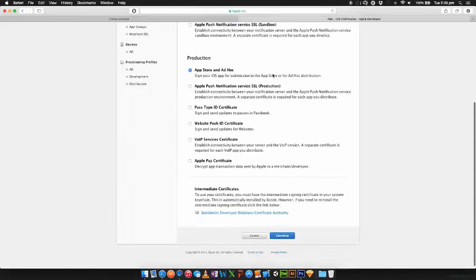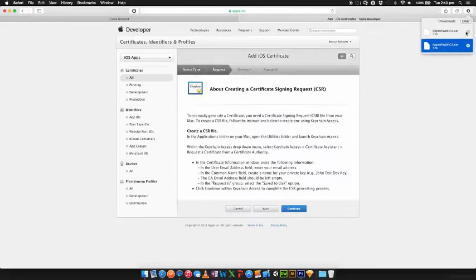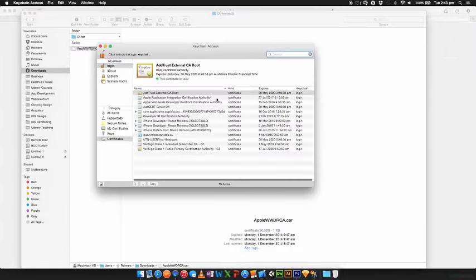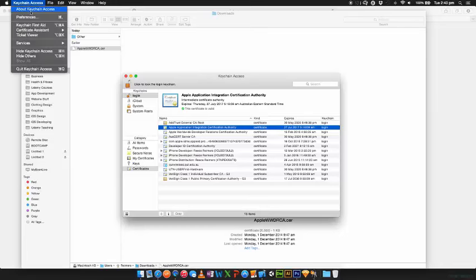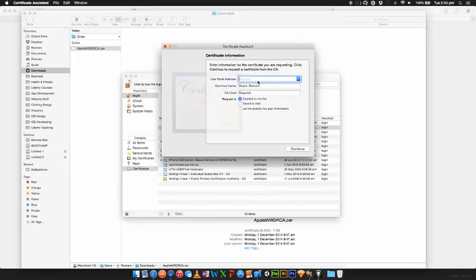You'll want to publish, and then you'll want to grab your intermediate certificate. So you'll want to download this and open it in your downloads. Double click on that, come to the keychain access, which should open. Select your certificate, come up to keychain access, certificate assistant, request a certificate from a certificate authority,